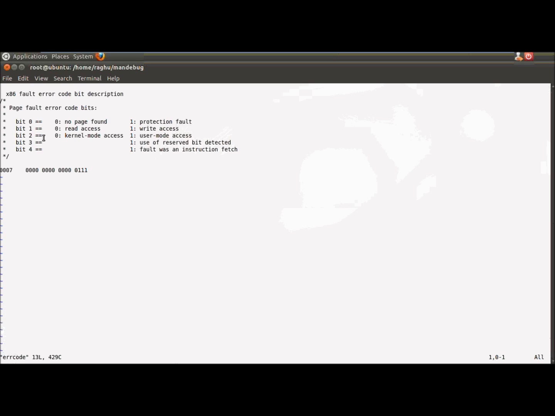If bit 2 is set, it means the memory region being accessed is user space. And if it is not set, the memory region being accessed is kernel space. Bit 3 is reserved and bit 4 is set to indicate a fault occurring because of an instruction fetch. Now if you look at the log's error code 007, this error code when converted to binary